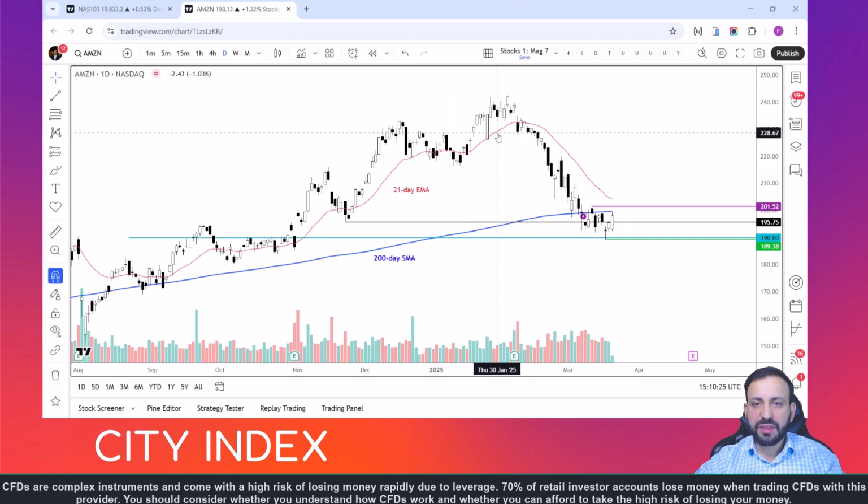For me, Amazon looks the most interesting stock today because it has found good support from around the 190 support level. It bounced from there a few days ago, held that bounce on the back of the FOMC meeting, and now today we're seeing some upside follow through, testing the 200-day moving average from underneath. But this is potentially the end of the near-term bearish trend, as we could be making interim higher highs and